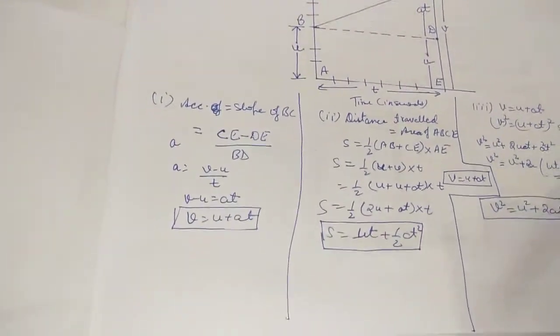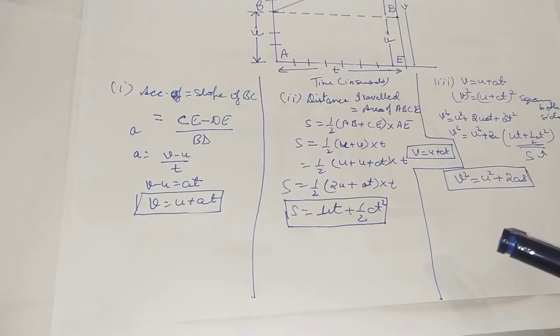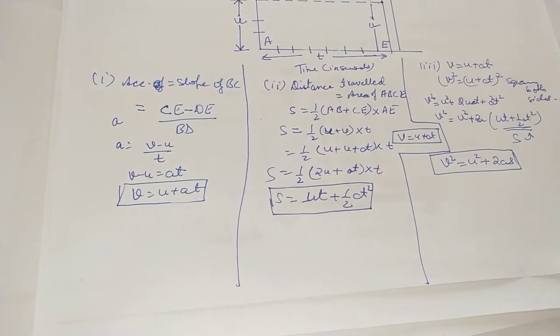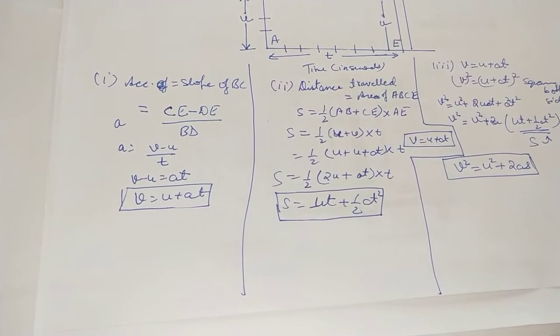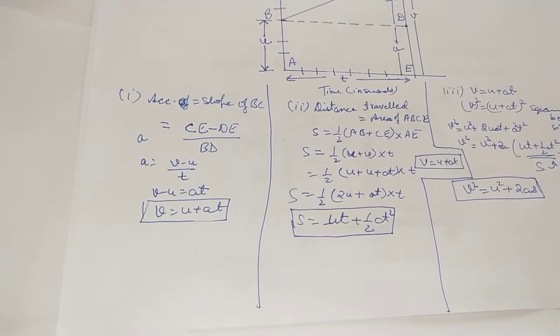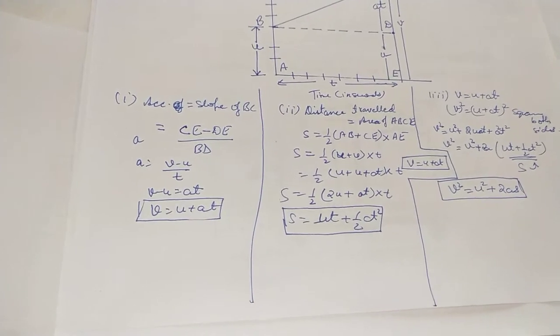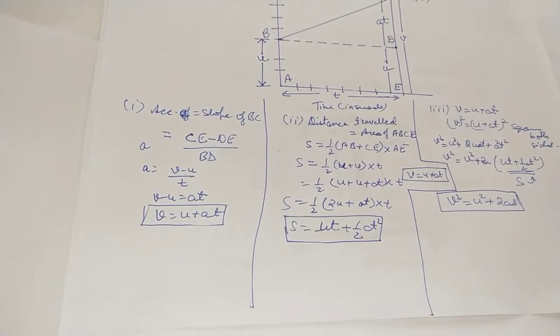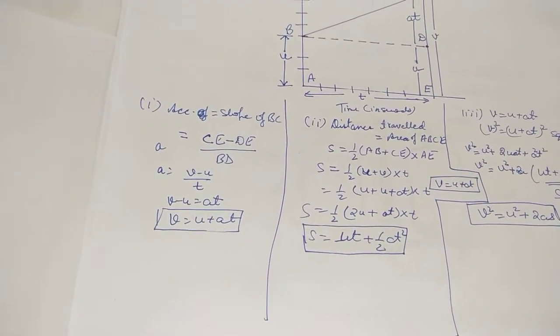So we can implement any of these motion equations wherever an object is accelerating or having a retardation, increases the speed, decreases the speed, or goes up high in the air. To what velocity will it attain, or how much distance will it travel, for any object we can apply these motion equations.